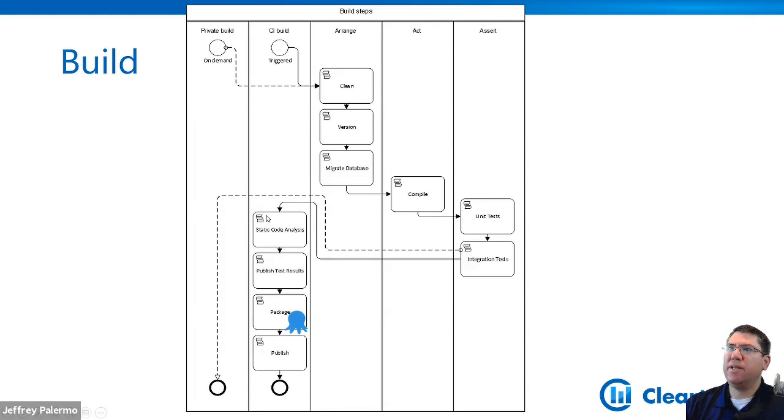Then we need to get more information via static code analysis. We need to publish the test results, and then we need to package up the deployable application components into the right packaging. That's where we have MS Build or .NET.exe do a publish operation, so the appropriate files go into a directory. Then we use octo.exe, the Octopus Deploy's packaging tool, to take that directory and create a deployable NuGet package. And then we need to publish those NuGet packages, which essentially together are a versioned release candidate for this